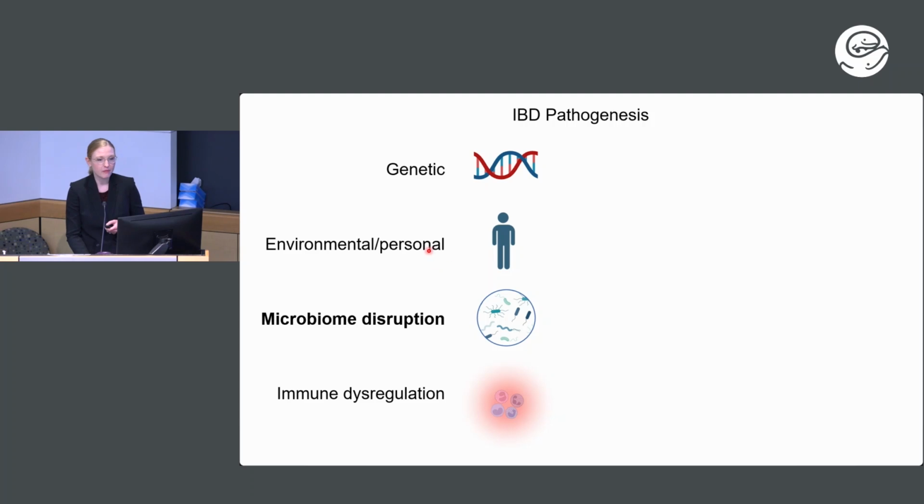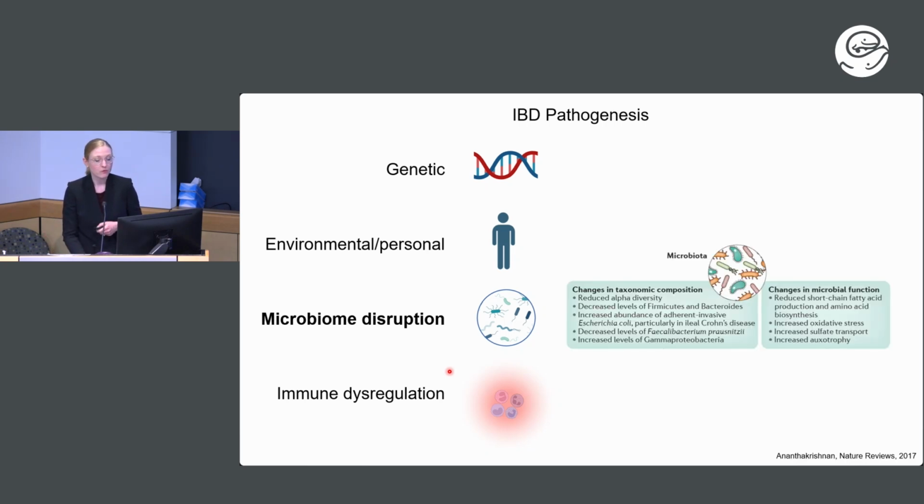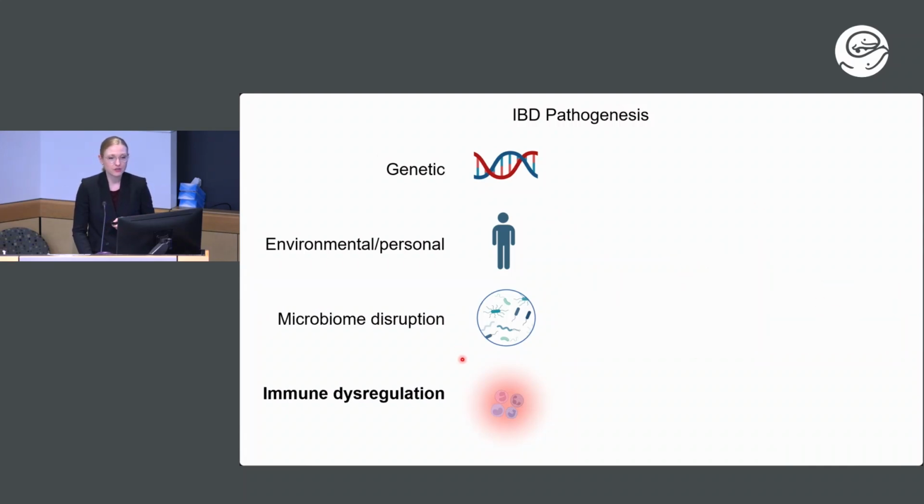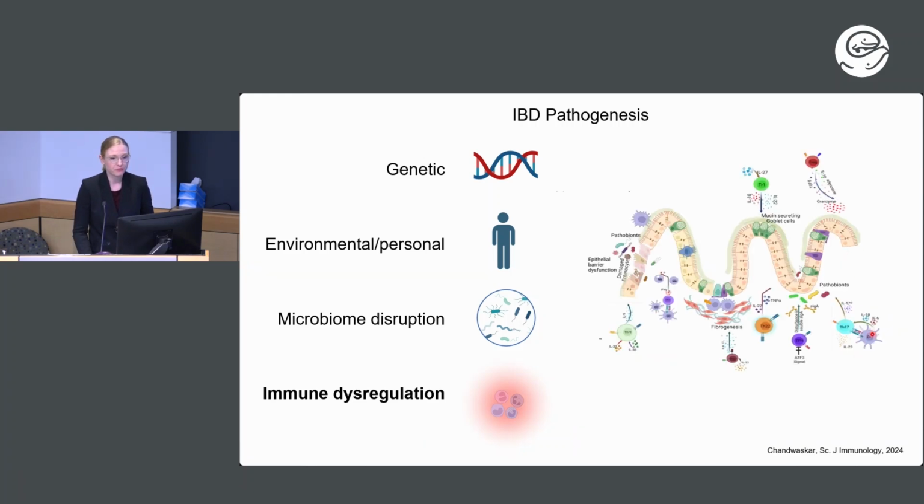Now, many of these environmental factors affect the microbiome. So this is likely how they are modulating an individual's risk of IBD. We know that in IBD, there are changes in what bacteria types are there and how they function. The details of this are really beyond the scope of this talk, so I won't get into this today. And all of these risk factors accumulate in an immune dysregulation cascade that leads to tissue damage. There is some thought that certain infections can trigger this dysregulation in the right or wrong circumstances, but IBD is not always preceded by an obvious infection.